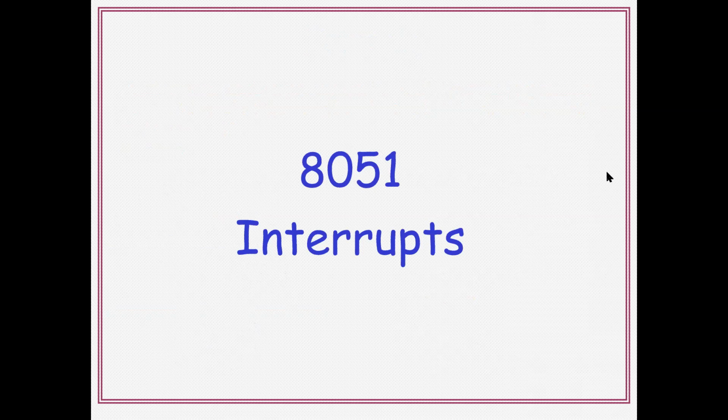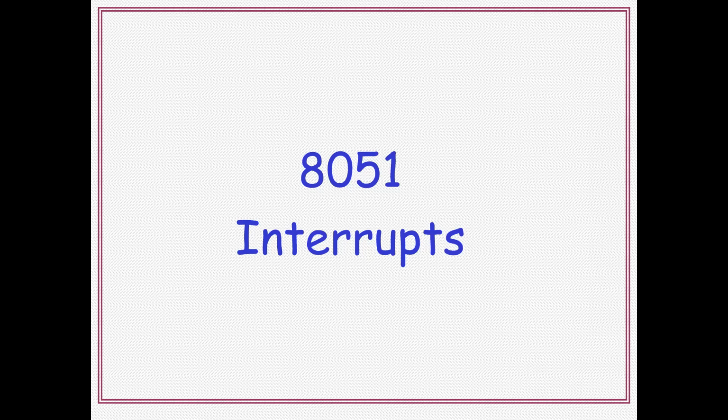Next concept is the 8051 interrupts concept. Up to now, in all the programs we completed in 8051, if you clearly observe, the CPU can perform only one task at a time. More tasks are not possible using the CPU alone. To complete more tasks, one mechanism is introduced, called the interrupts mechanism. With the help of interrupts, the CPU can perform more tasks.